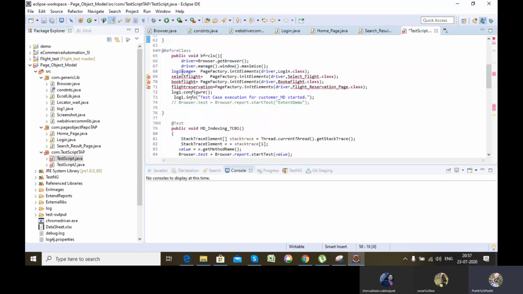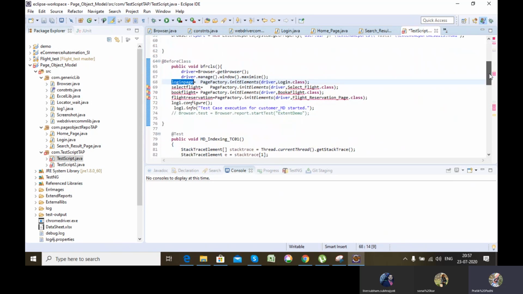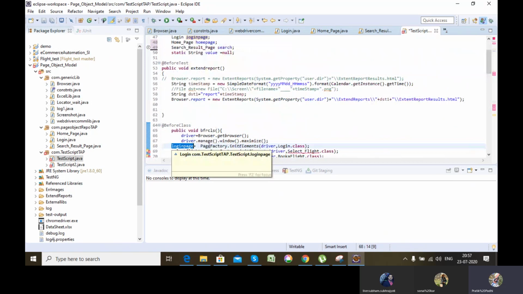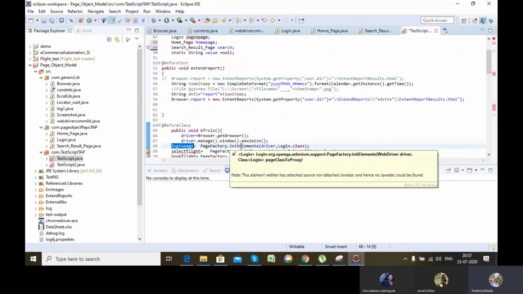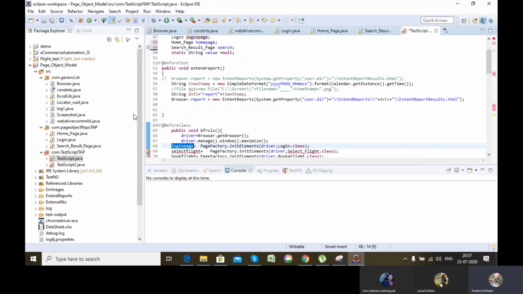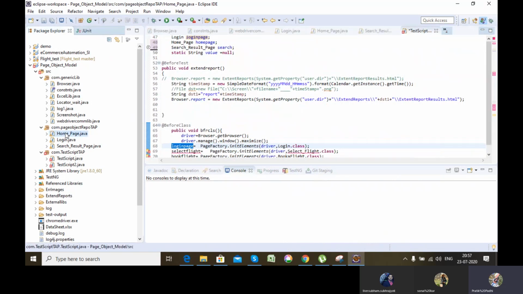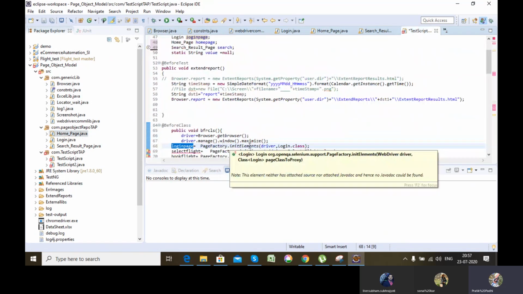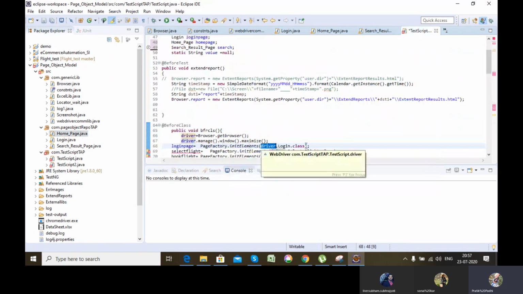Now I will be instantiating the variables for the pages I have made. For the login page, I have made a variable loginPage that I'll be instantiating using PageFactory.initElements. This is the syntax for instantiating the object of the pages you have created for the application. Because you have used @FindBy here, you will be instantiating using PageFactory.initElements, then passing the driver as an argument and LoginPage.class, the class name. Okay.